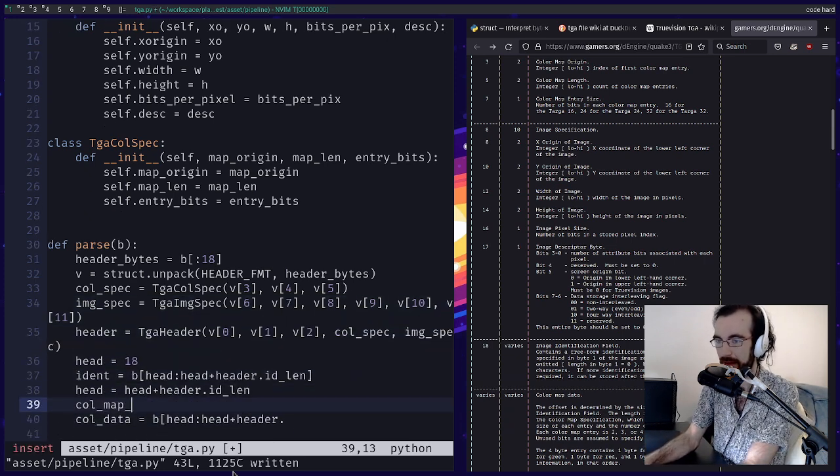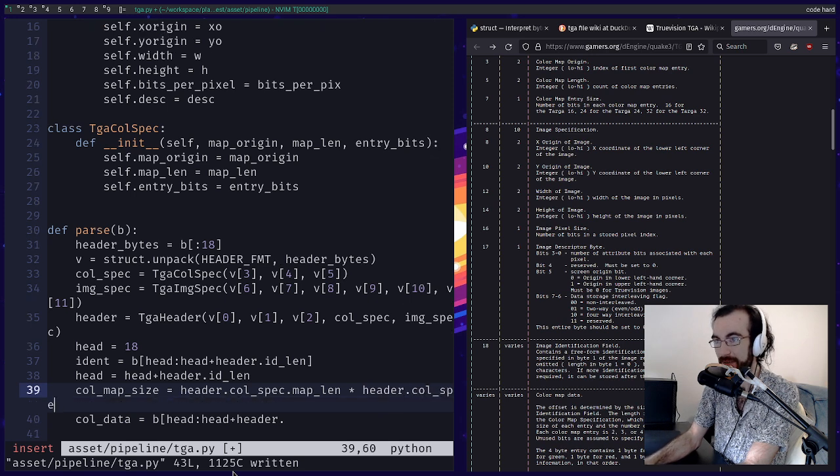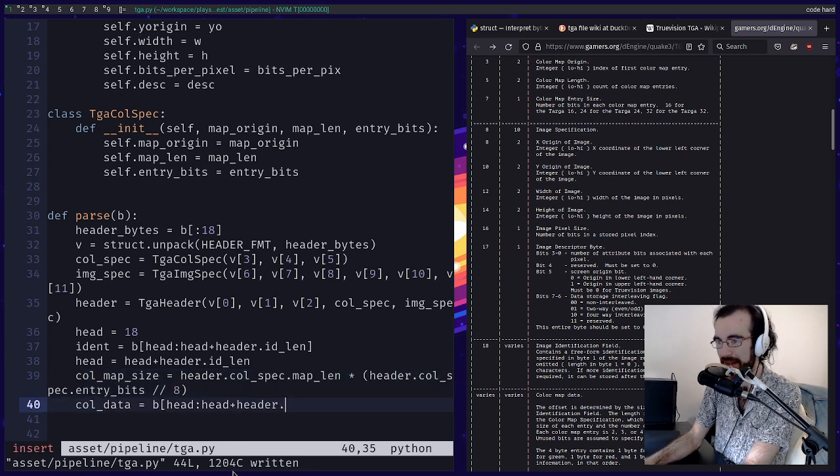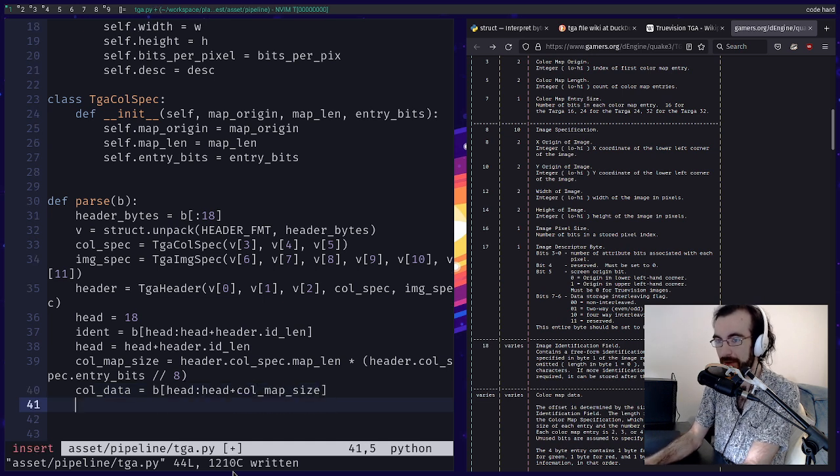Let's say col map size equals header dot col spec dot map len times header dot col spec dot entry bits. It's the number of bits divided by 8, right? So the number of bytes. How many bytes is this? So grab out the whole color map,